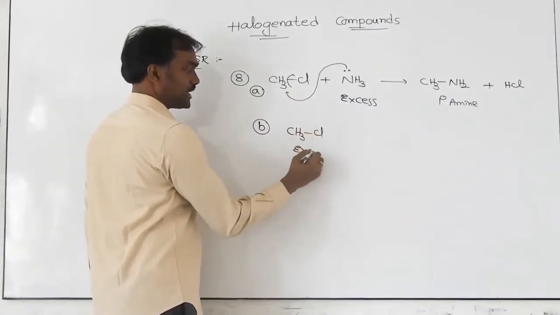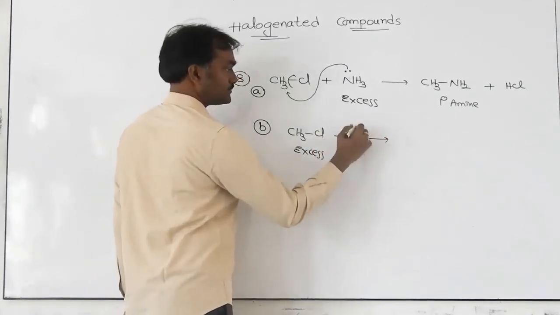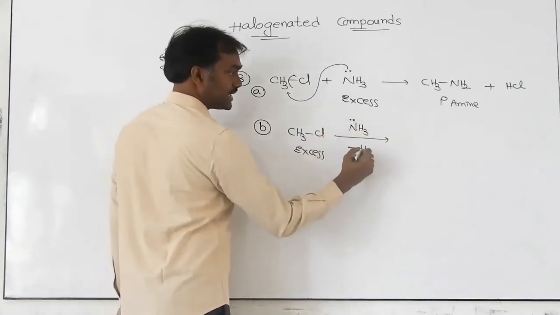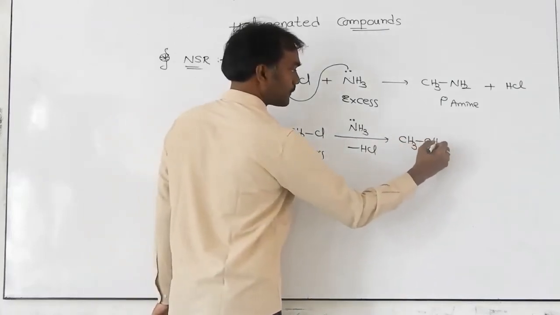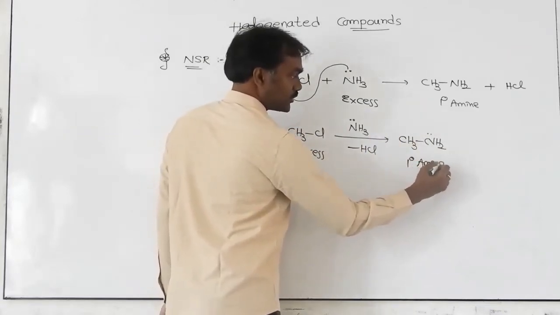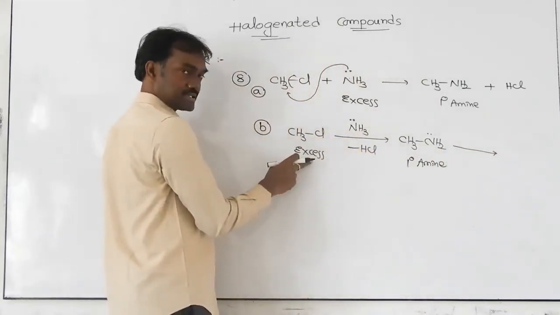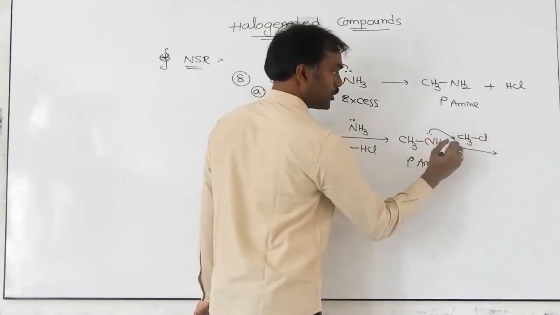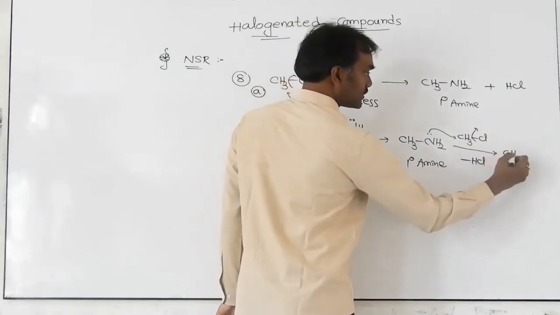CH3Cl, now we are taking this in excess, treated with ammonia. The lone pair is coming, HCl is eliminated, so you are getting a primary amine. Now the alkyl halide is in excess, so one more alkyl halide reacts. Lone pair is coming, Cl is going, so minus HCl. So CH3